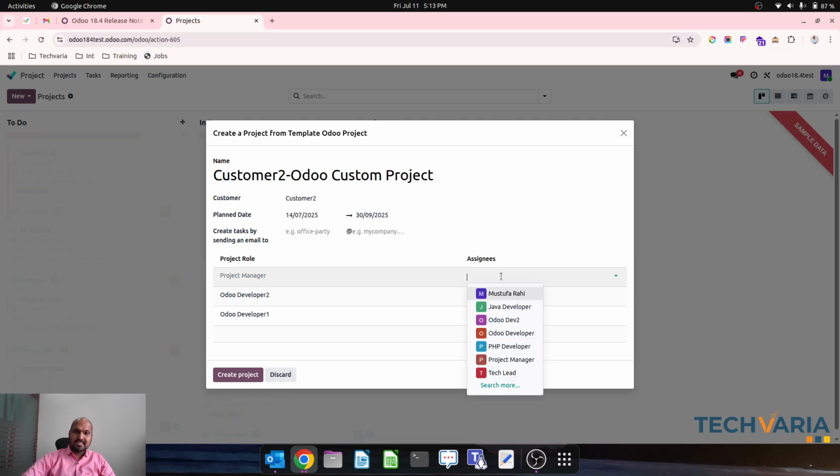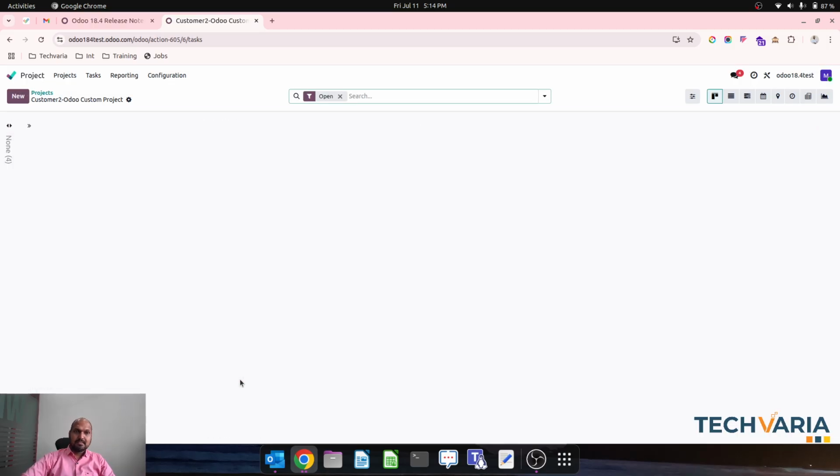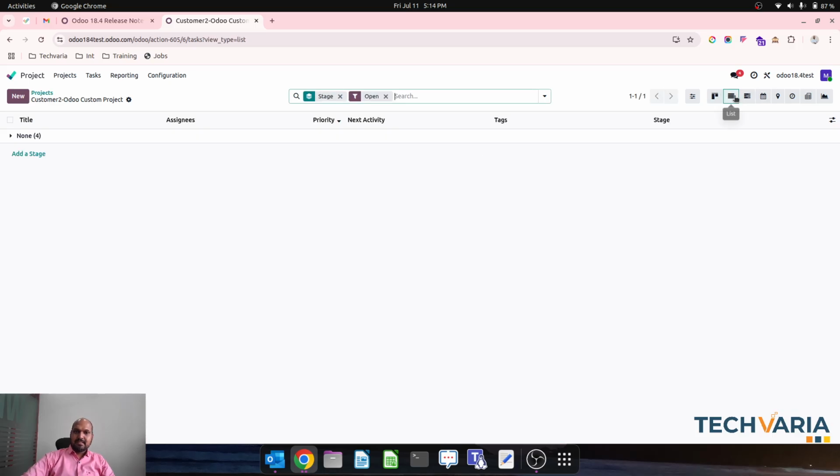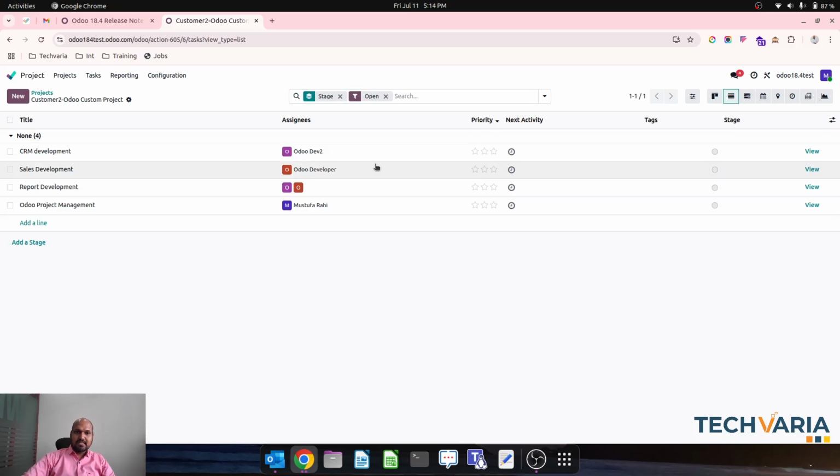If I want to change any assignee, definitely I can do it from here, otherwise it will pick the assignee from my backend team. So I'm creating the project, and then it has created 4 different tasks, and then it has assigned all the different people over here in my project like this. So now you can see inside my project, the assignees are already there according to the task template we have